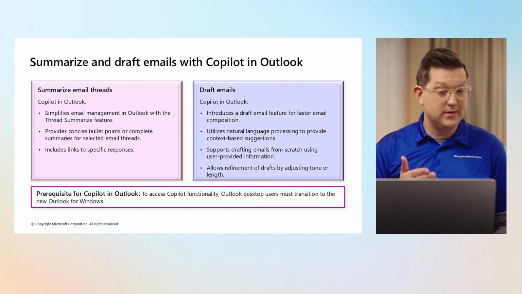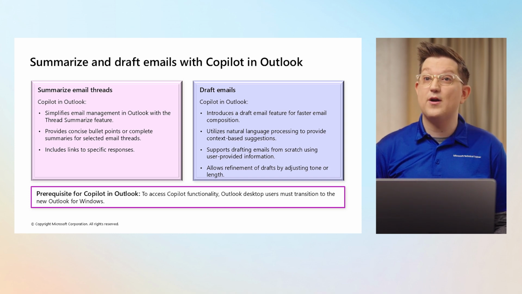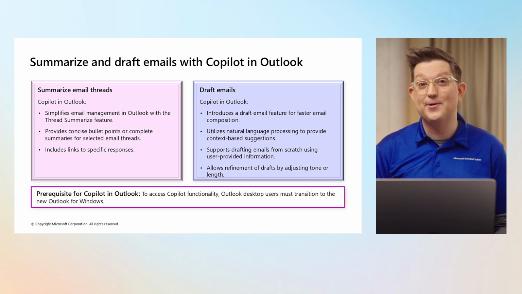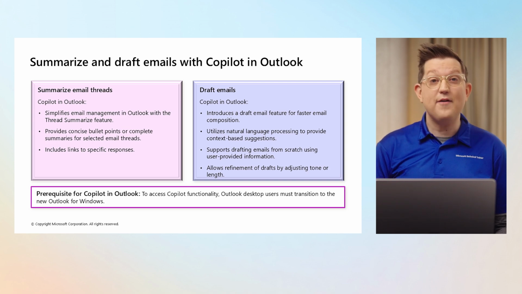In Outlook, there's two primary skills that we've worked with. The ability to summarize email threads, number one, very important. When I get a lot of emails overnight, I want to know what's actually going on and why I got so many. A quick summary of a thread can help you get up to speed fast and works brilliantly every time. The drafting of emails,